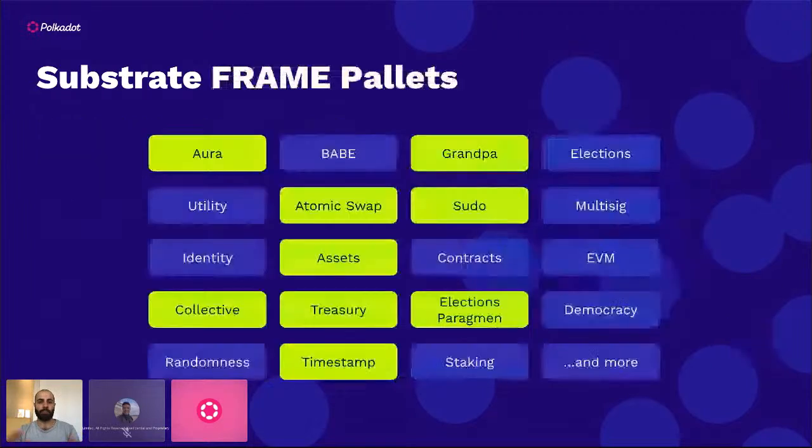These are called FRAME pallets, and they are modules that include specific parts of the blockchain functionality. You can include some, all, or a few, depending on what you're trying to do. You can also create your own pallets. If there's something that doesn't exist that you require for your application, you can develop your own pallet that has your own unique functionality.